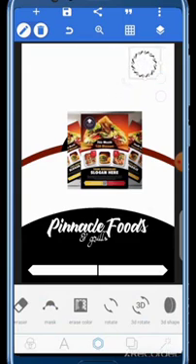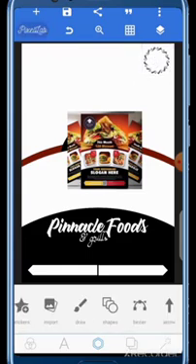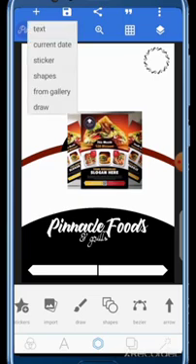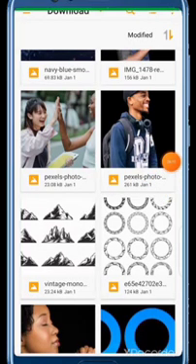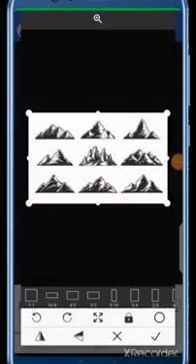So I'm going to reduce this a bit and place it by this side here. All right, so what else am I going to do? I'm going to import another shape, another image. So let me go to my gallery. Let me look for it. All right, so here it is. I'm going to manipulate this to get exactly what we want. So let's make use of